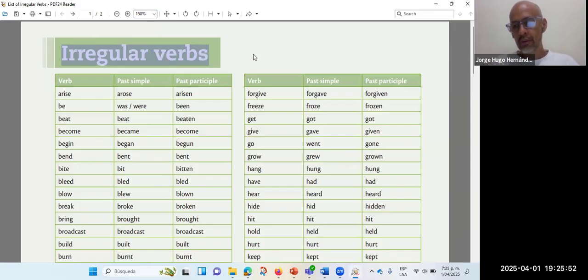If you look for a list of verbs in your books, in your dictionaries, in a website, you are going to find the irregular verbs. No? You always are going to find the irregular verbs, not the regular. It's not very common to find out the regular verbs. You are going to find always the irregular. Siempre vamos a encontrar un listado de verbos irregulares. Rara vez encontramos un listado de verbos regulares.